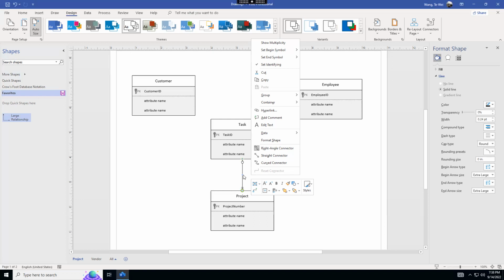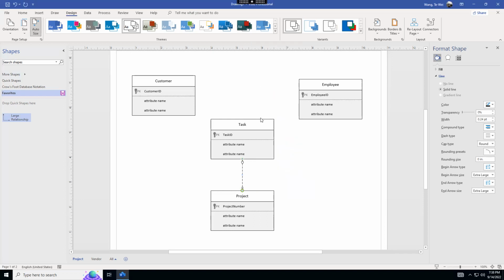And on the top portion, there is an option that says set identifying, right? So if you recall, we have the identifying relationship. Identifying means that the task needs to be identified by the project. Task is weak, right? So it's checked. If you uncheck that set identifying box, this will become a dashed line. So that's how it works, but in this case, I want to change that back to